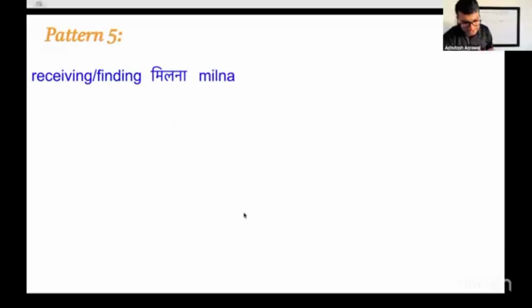Right. So the next one is receiving something. When something comes to your hand, it's also considered an experience. It's considered an experience that you're receiving something, whether it is a gift, a book, or an opportunity.